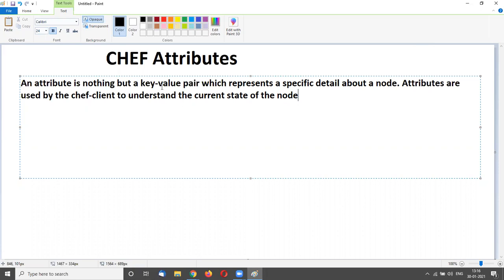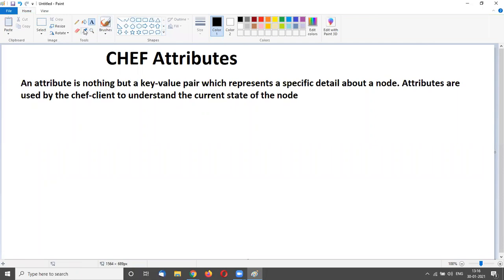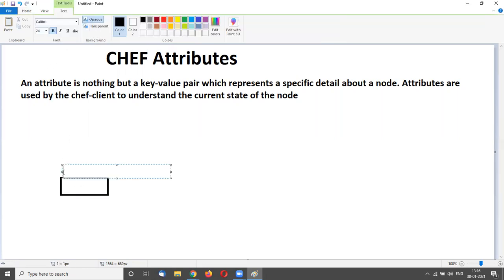So why do we need a key value pair? Let's understand the scenario. Assume I have a 50 node setup.